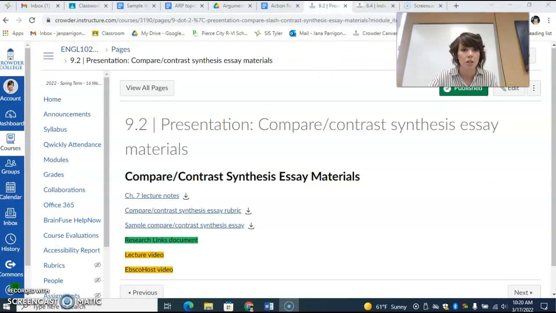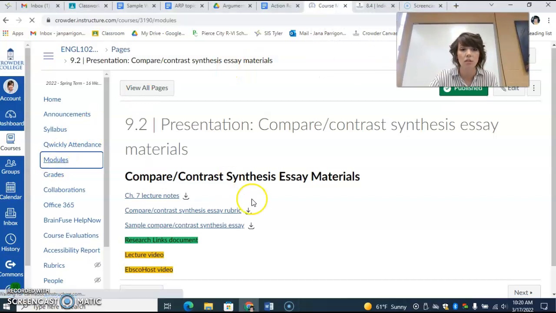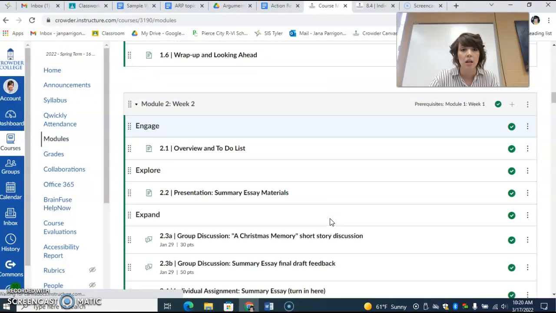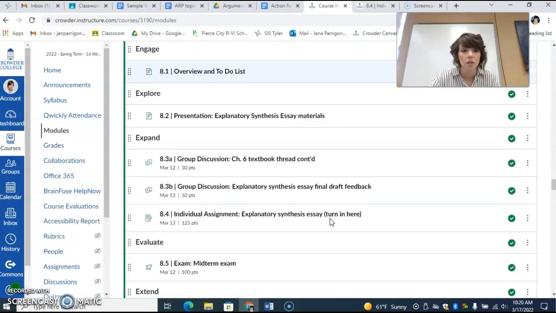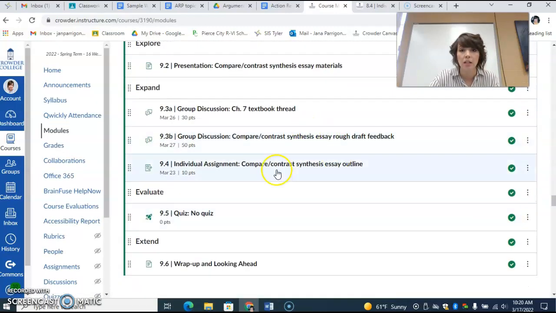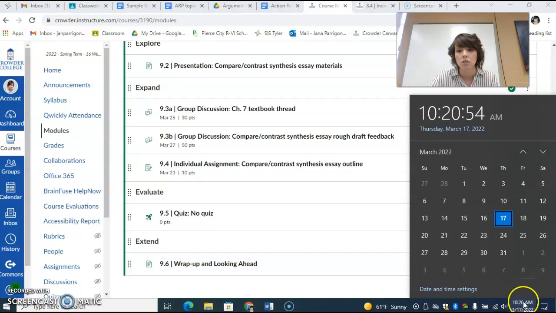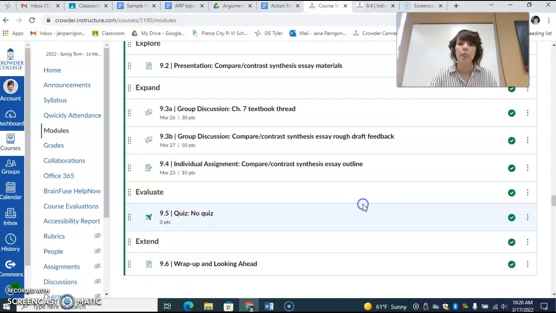As far as what you're doing this week, you need to make sure you turn in your outline. The outline is due the 23rd, which is next Wednesday. Then I've pushed back your rough draft posting dates.